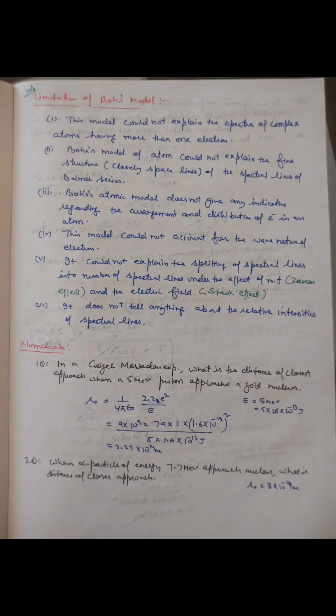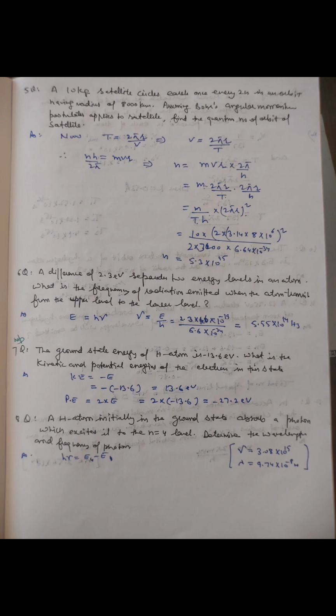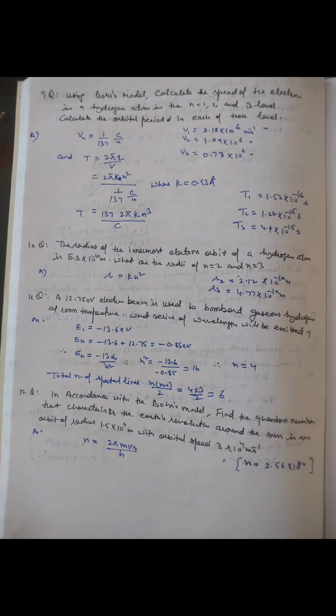Limitation of Bohr's model. It could not explain the spectrum of complex atoms having more than one electron. It could not explain the fine spectrum of spectral lines of Balmer series. It does not give any indication regarding the arrangement and distribution of electron in the atom. It could not account for wave nature of electron. It could not explain the splitting of spectral lines into number of spectral lines under the effect of magnetic field and electric field. It does not tell anything about the relative intensity of spectral lines. Some numericals, and at last,